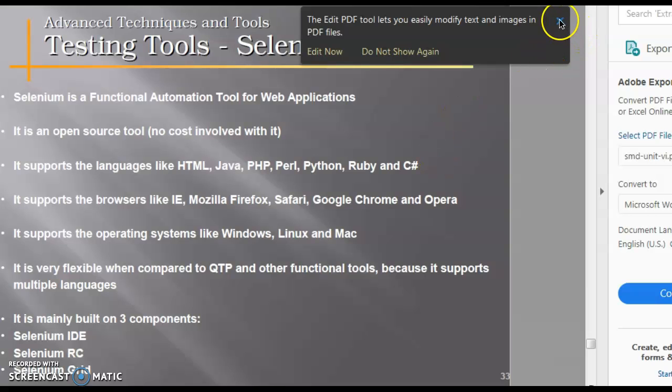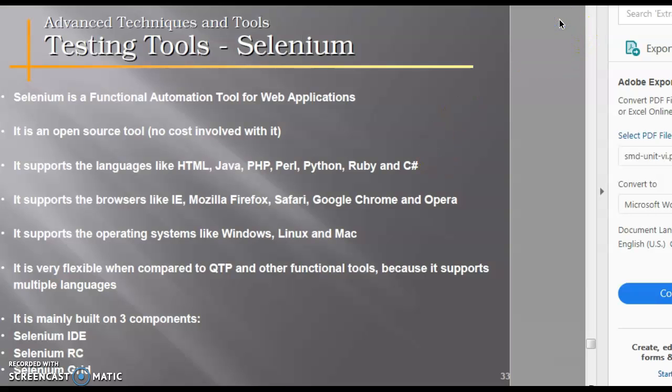Next, testing tools. Let us see advanced technical tools which are most important and commonly used for testing. First one is Selenium. Selenium is an open source tool that is used for test automation. It is licensed under Apache License 2.0.